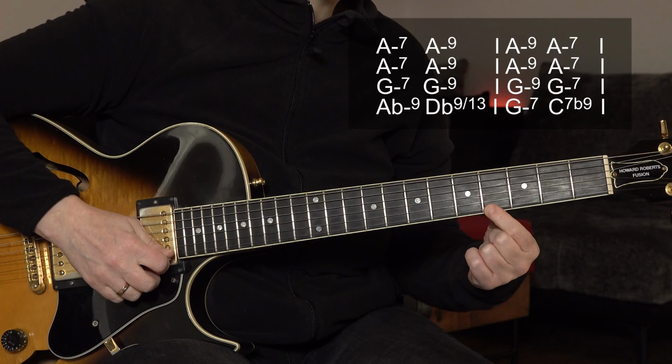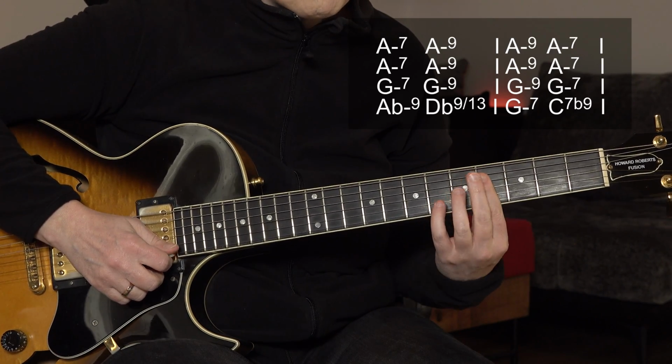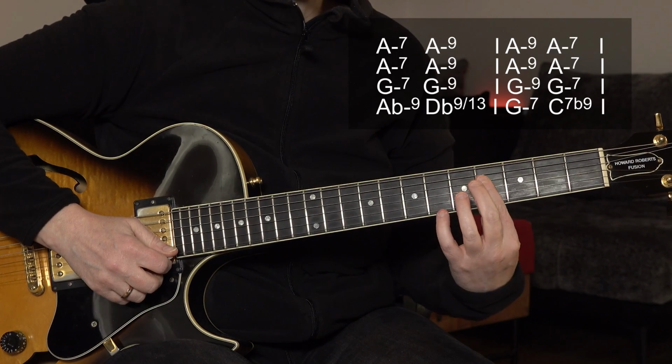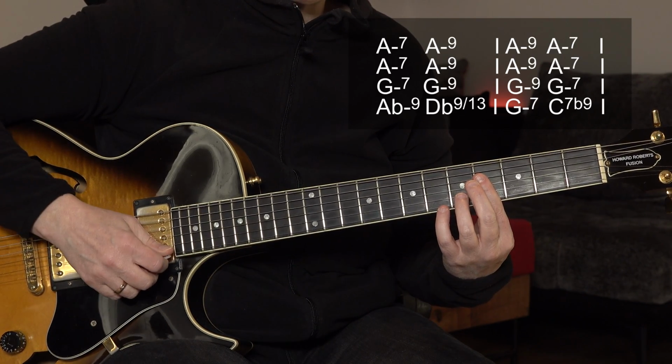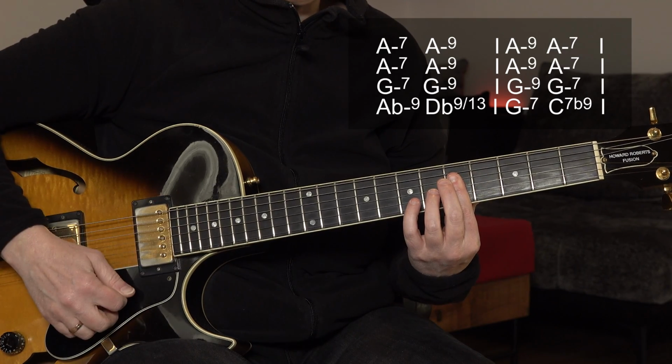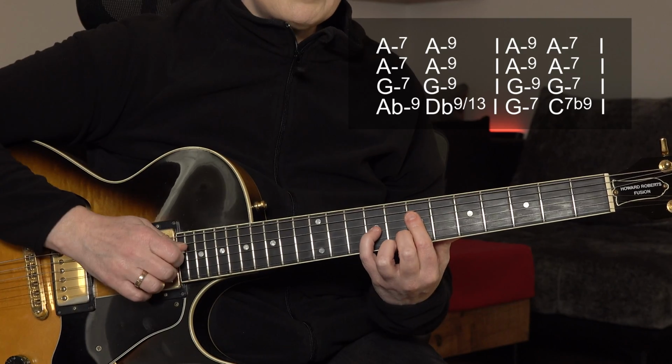Go 1 to the left for that G sharp, but stay barred. Just don't have the pressure on all 4 strings, just on that one. So you need to watch out where you have your pressure. These are muted actually. And back to the A minor. That's quicker than jumping around, all right? So, and then you repeat these 2 bars. 1 and...